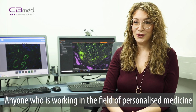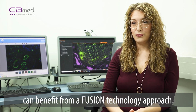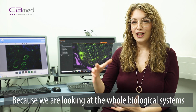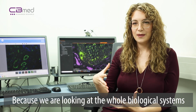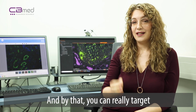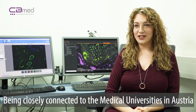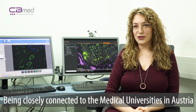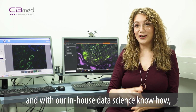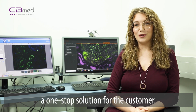So anyone who is working in the field of personalized medicine can benefit from a fusion technology approach, because we are looking at the whole biological system with our multidimensional analysis, and by that you can target specific therapeutic approaches. Being closely connected to the medical universities in Austria, alongside the biobank in Graz, which is the largest in Europe, and with our in-house data science know-how, we are able to provide a one-stop solution for